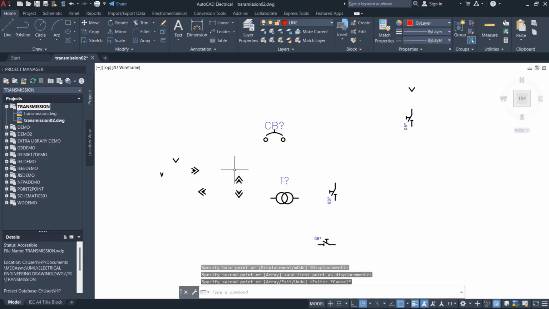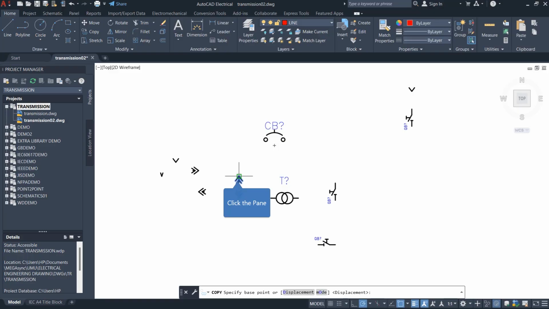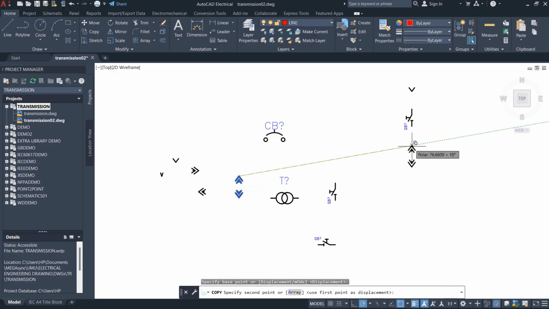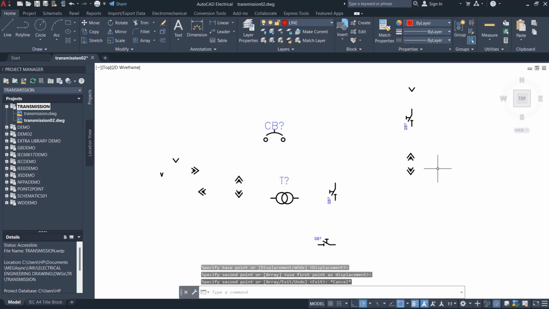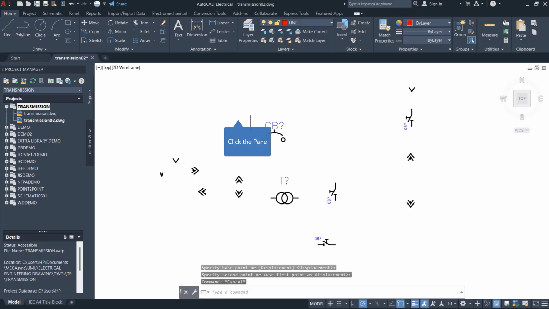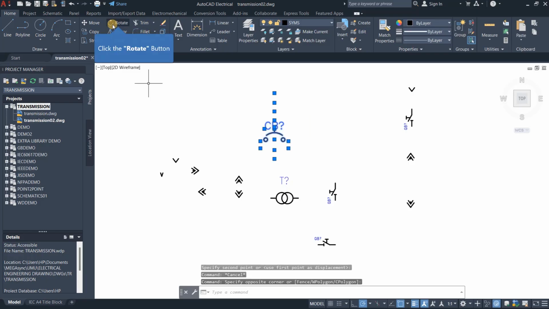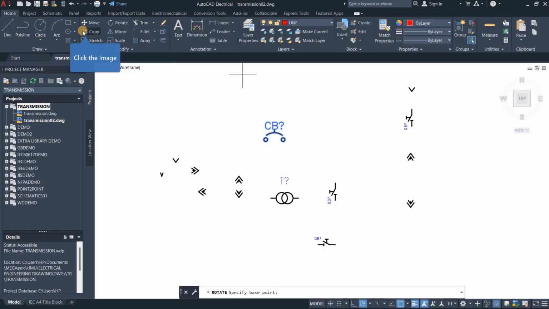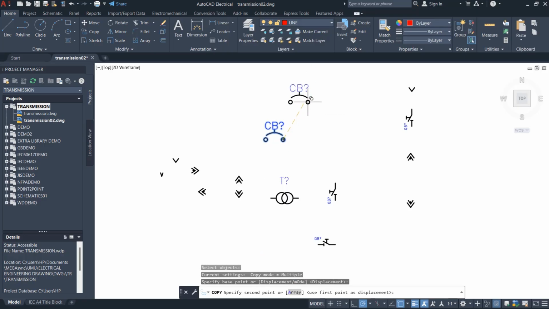So that's good. Then I'll take a copy of these, both of them. Just copy. These are for our circuit breaker, so I'll just put it. It doesn't matter. They don't have to be in line. I'll slightly move this one downwards, so we can move it down like that. So we can place a circuit breaker in the middle. So again, I'm going to, I should take a copy of this first